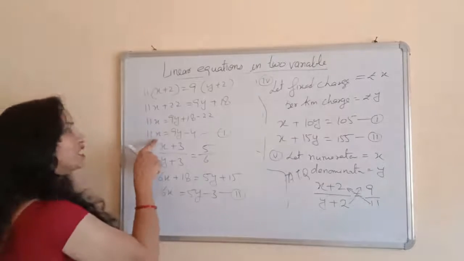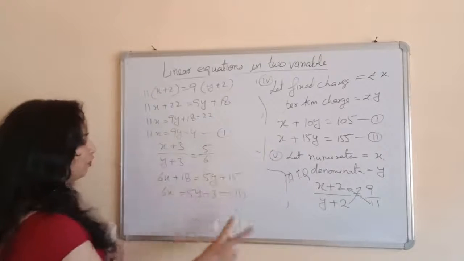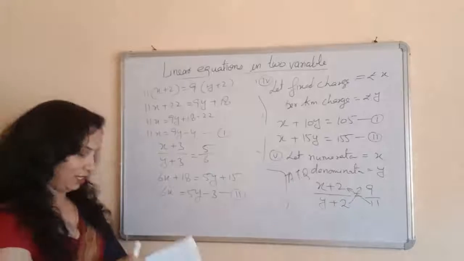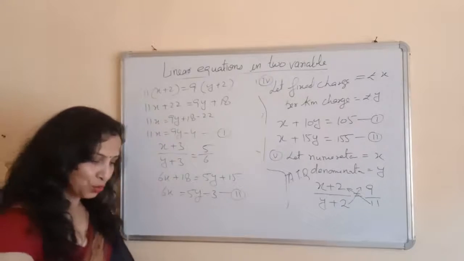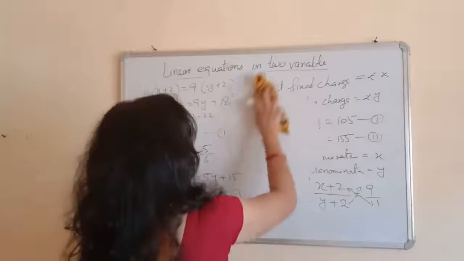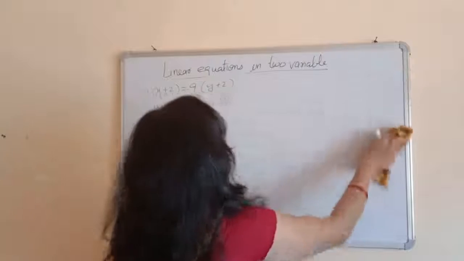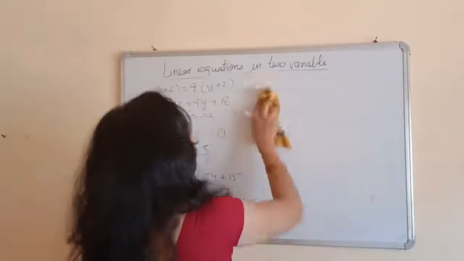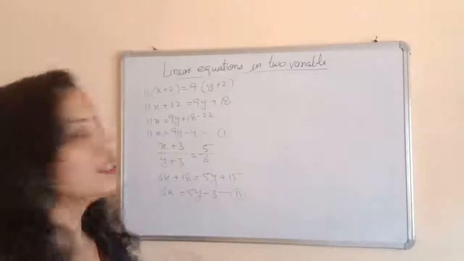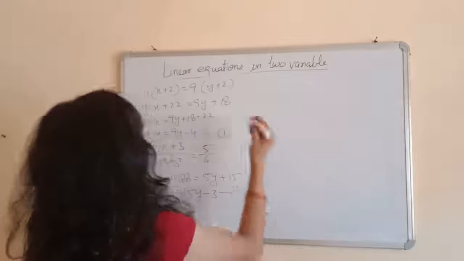Again you can solve it by using the substitution method. You can find the value of x from here, with 11 in the denominator, and then put the value of x in this equation second. And finally, the last question of this exercise: you will solve all the questions yourself, and in case of any doubt, you will ask me in a Zoom class. So this is question number 6.